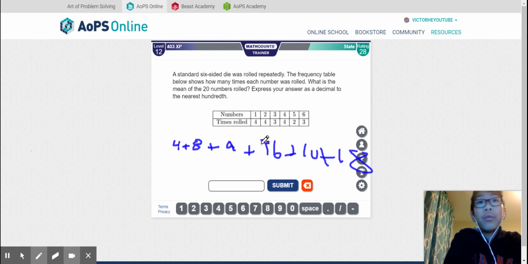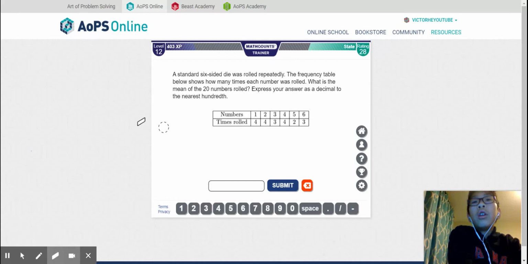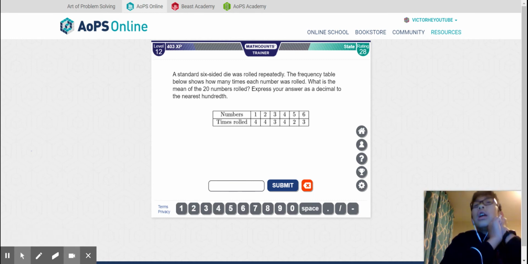That's 21. 21 plus 16 is 37. 37 plus 10 is 47. 47 plus 18 is 65. And we rolled the dice 20 times, so 65 over 20 is equal to 3 and 1/4,